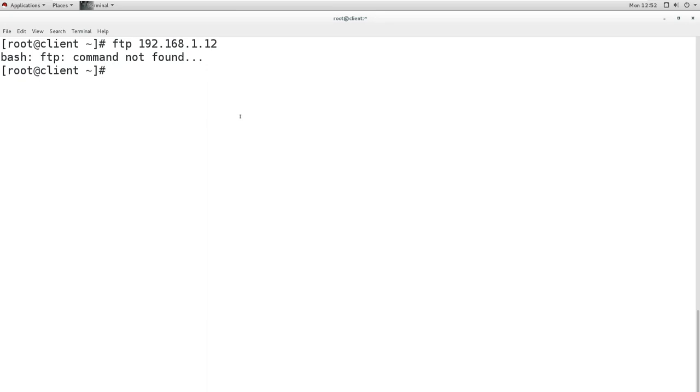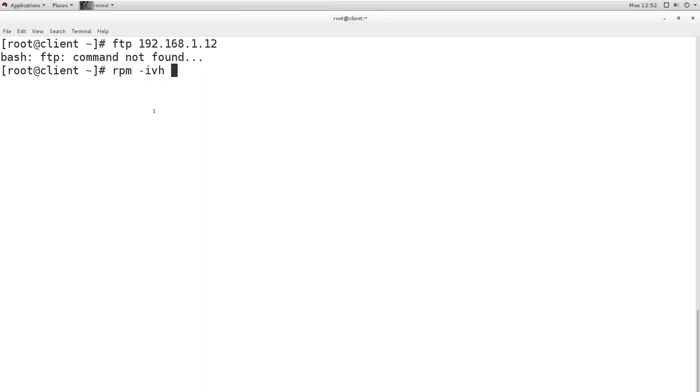So if you want to use FTP from the command line, then you need this command first. For installing it, you need to install the package, and this is available.